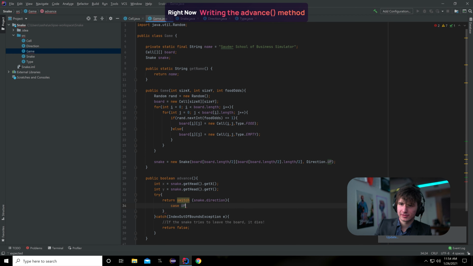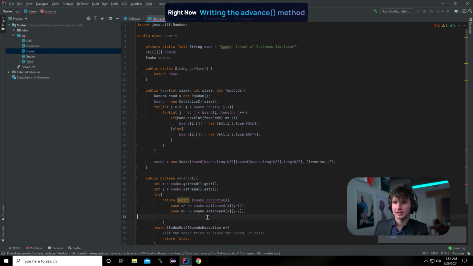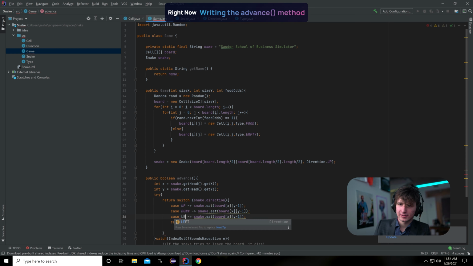We're going to say case up, and then this lambda, it's an arrow, and it says snake.eat board x y minus 1. And that's just because it moved up, right? So for the y coordinate, the way that Java GUIs work is that negative is up. And now we're just going to do 1 for every case. So up, down, left,